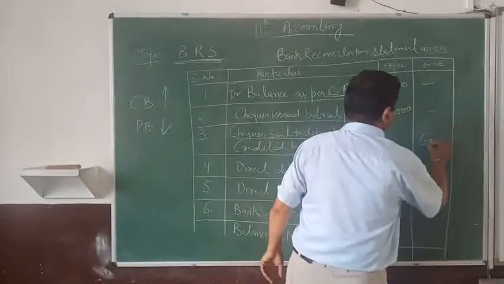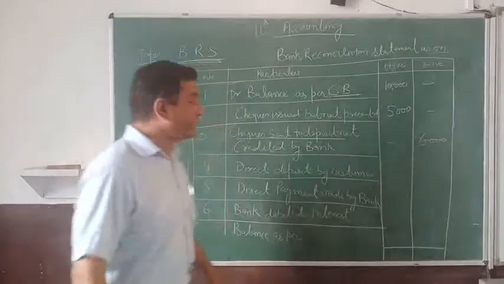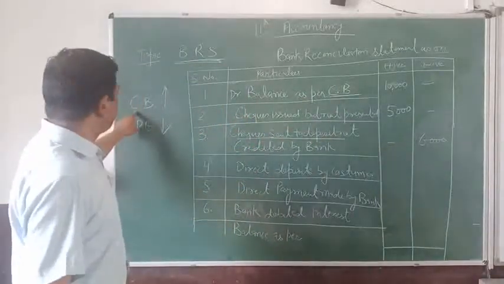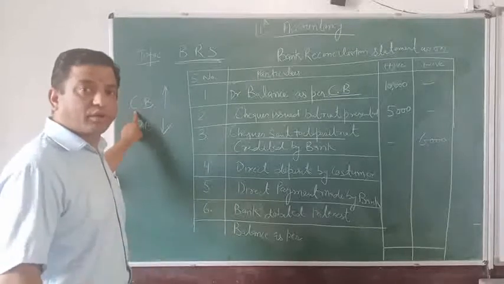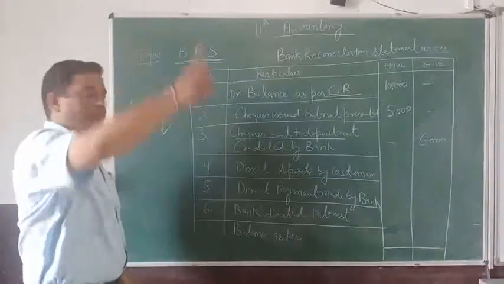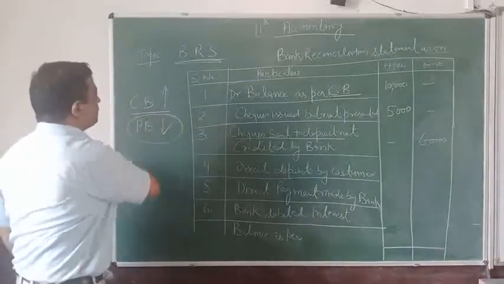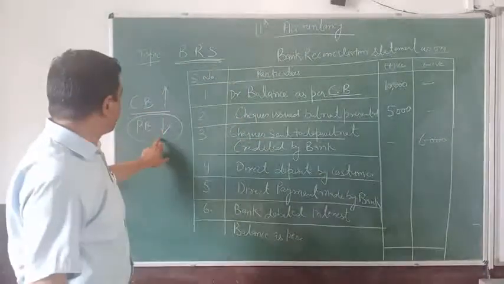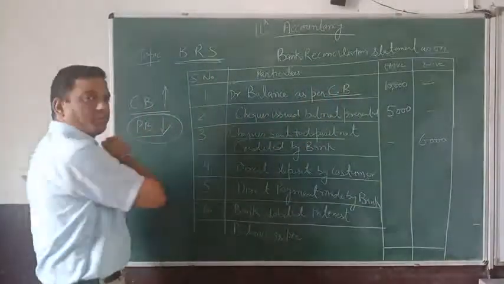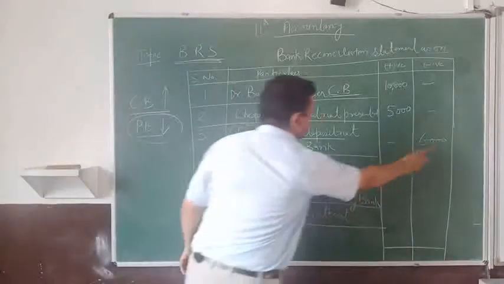Suppose this is 6,000, right? Checks sent to deposit. You have added to your balance of cash book because आपके हाथ में तो cash book है. आपने कैश बुक का बैलेंस अप कर दिया, ये चेक डिपॉजिट हो गया, बट वहां डिपॉजिट ही नहीं हुआ अभी तक, तो सीबी अप पीबी डाउन, तो you are starting the question with CB, so base for you is PB, passbook is down, you will down.